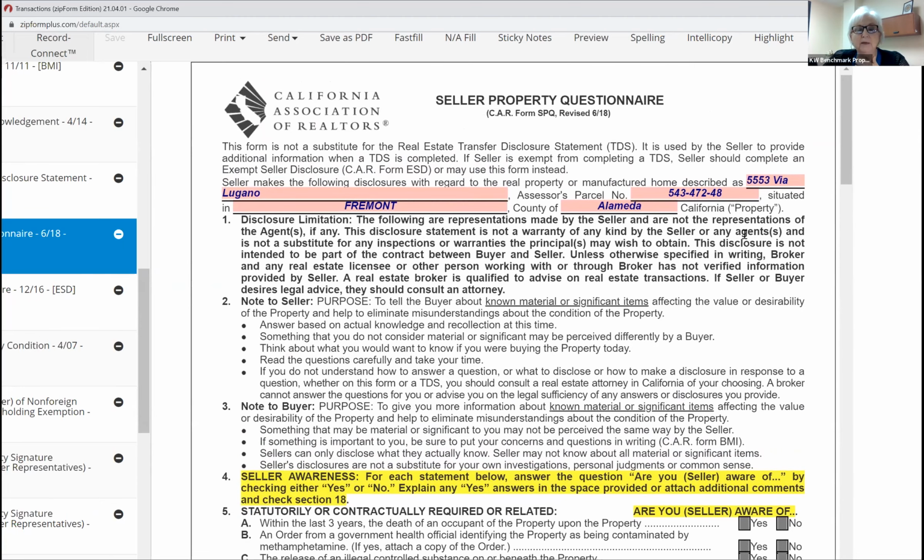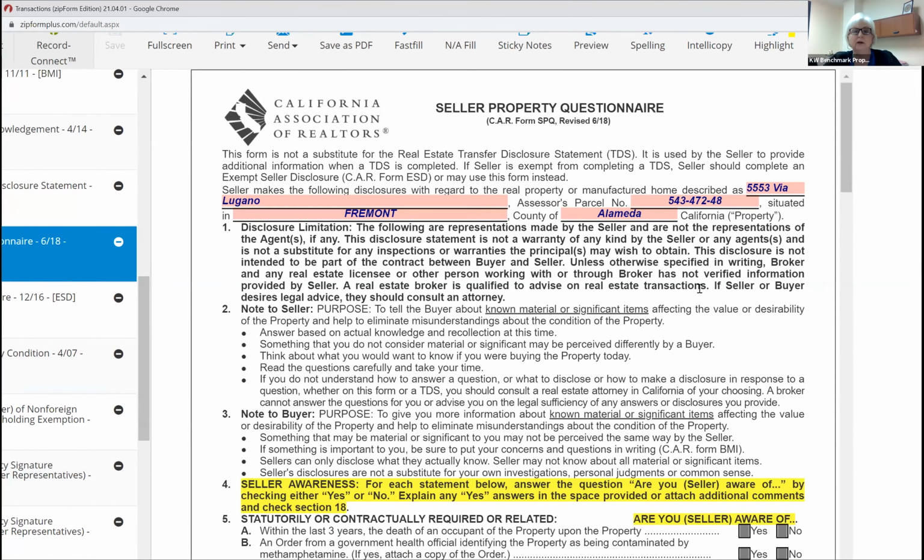So this form is something that every seller needs to fill out unless you are a foreclosed property, so that it's bank owned. If it's a probate, or if it's a trustee account where the owners of the property have actually died, are no longer living, or are incapable of answering this. Like if they have Alzheimer's or a paralysis of some sort where they cannot talk anymore, or cannot fill out a paper. So there are certain circumstances that you wouldn't use it, but otherwise 99% of the time you will use this form. And here at the first page,